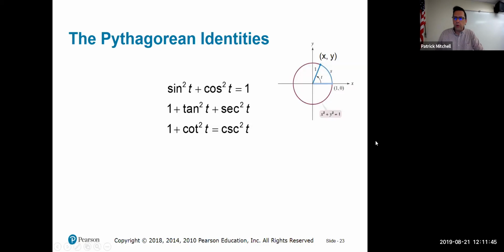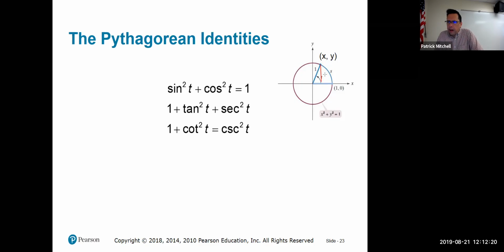All right, that brings us to the Pythagorean identities. The idea behind the Pythagorean identities is, if you look at this picture, we call this point on the unit circle (x, y). If I drop a perpendicular going down this way so that I make a right triangle, then the bottom of this triangle would have length x, the side of the triangle would have length y, and the hypotenuse of the triangle would have length 1, which means